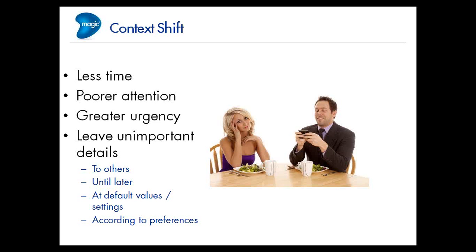because people have also less time. They can't have 10, 12 screens that they need to navigate through in order to accomplish a specific task. They have a poor attention span in these situations because there's usually something else going on when you're mobile. There's greater urgency. I need to do it now. And I need to leave the unimportant details out in some way. I either need to leave it to others, i.e. or leave it to myself until later, or I need to have the system assume those answers by using default